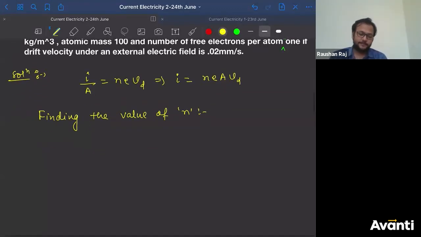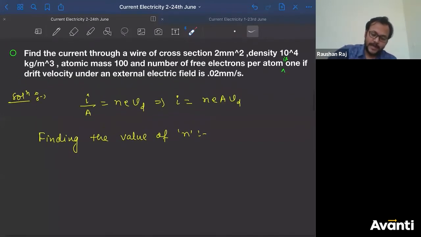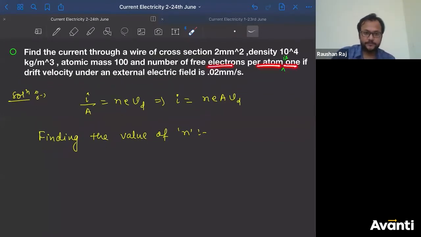See, very very simple. Can I say number of free electron in this case can be written as number of atom? Here in one atom number of free electron is 1, so I can easily say that number of free electrons will be equal to the number of atoms present in that wire. How will you find the number of atoms? Yes, look Meghna, 1 is not given, right? Is it given to you that number of free electrons per unit volume is 1? No.